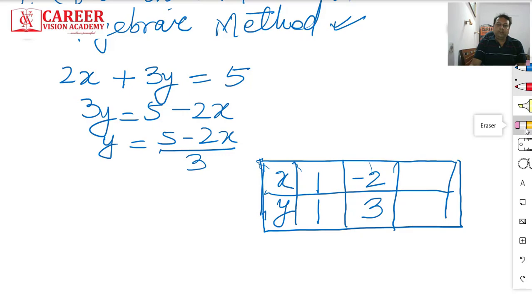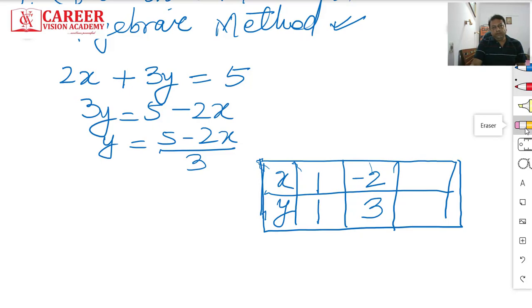And in 2 points, if you have made a mistake anywhere, you know that with 2 points you can get a line. So if you have made a mistake in solving any of these points, you still will get a straight line and you won't be able to find out whether you have made a mistake or not. But if we take 3 points, that will make you sure and certain that you have taken correct points, right? So now what can we do in this?